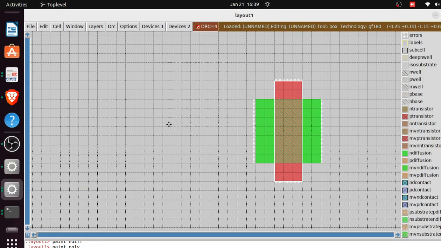Okay, so let's continue. So this is one way I've laid an NMOS transistor. And after doing the painting, another thing I noticed here is these white dotted shaded areas here,